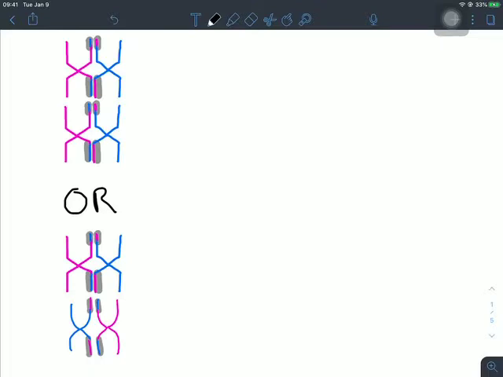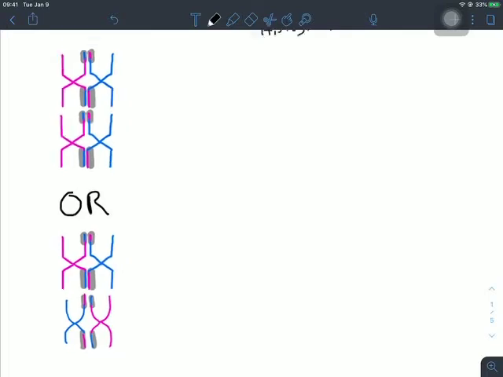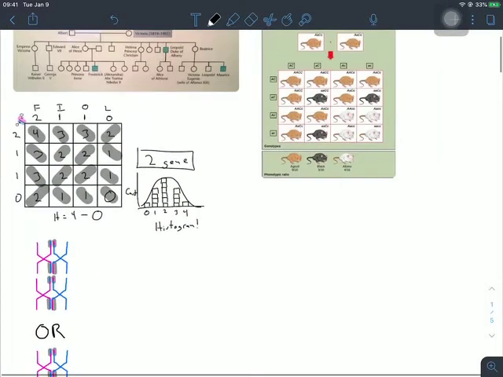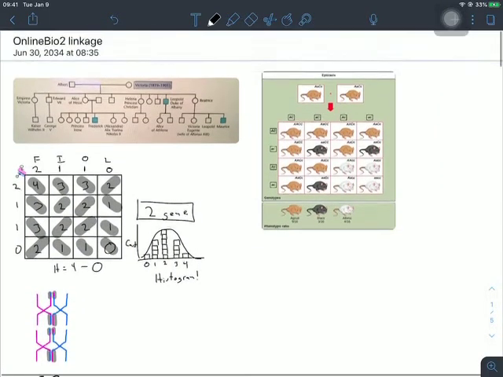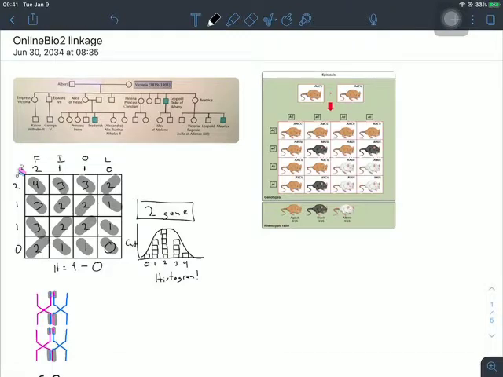Today we continue on with our investigation of things related to meiosis, particularly focusing on the process of recombination. Because thus far we've talked a lot about different types of Punnett squares. Hopefully you are familiar with our discussions from last time about topics like epistasis in Punnett squares, where you have